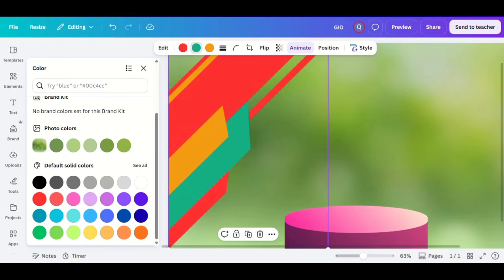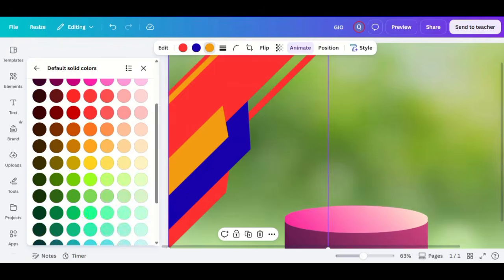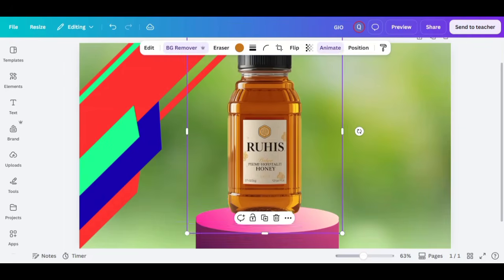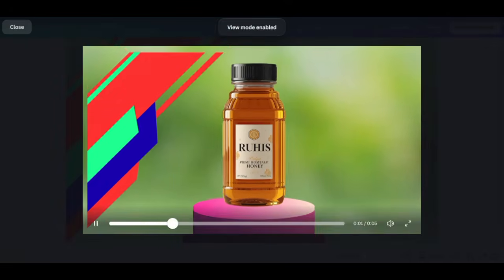Next, add a bold product headline, a short description, pricing, and a clear call to action using clean, modern fonts. Use soft or